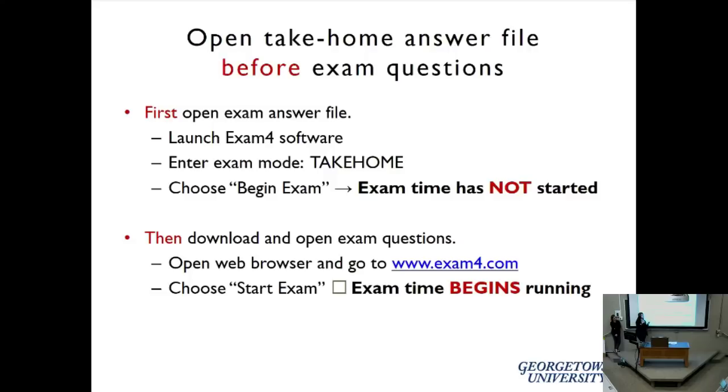At this time, the exam time does not start when you're launching your software. Your exam time is actually going to start when you open up another browser and go to